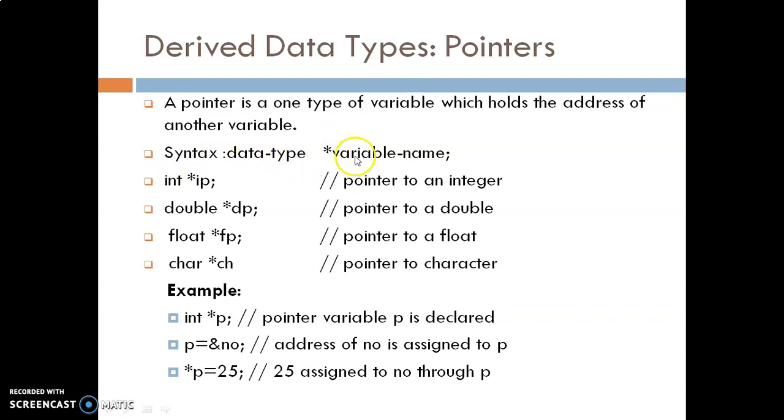Whenever there is a star along with the variable name, you have to understand this is a pointer variable. So these are examples of pointers: int, double, float, char. You can see these variable names along with the star. It means these variables are of the pointer data type.